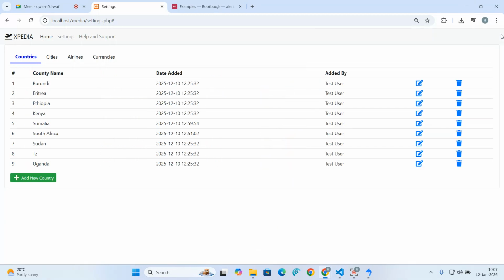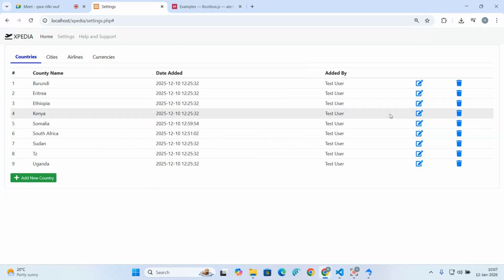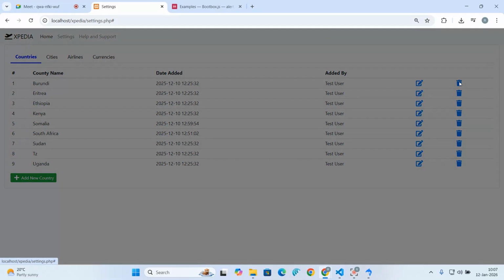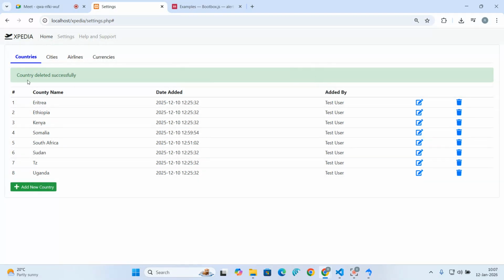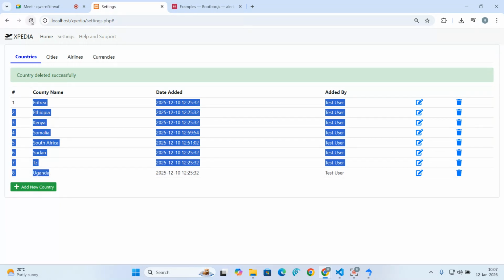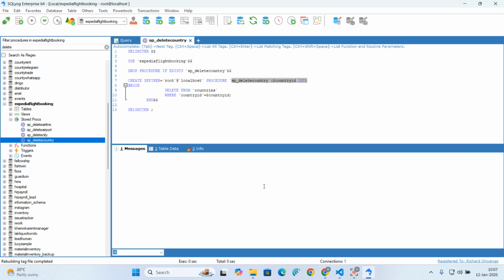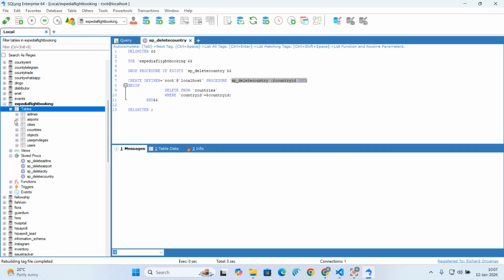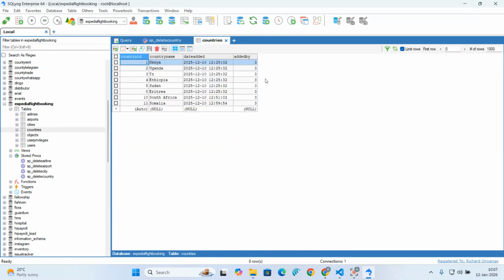So I just close this. I'll refresh my screen by pressing Control F5. Then I'll come here and I'll say delete. And if I say no, nothing happens. Otherwise, if I say yes, I should be able to see the country has been deleted and I'm no longer seeing Burundi here. And even if I refresh the list, you'll see that I don't have Burundi. If we were to go to our database over here and look at countries, you will see that Burundi has actually been